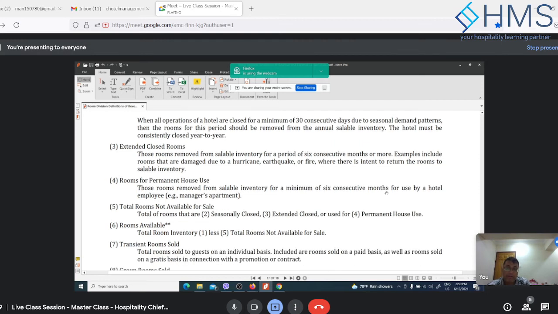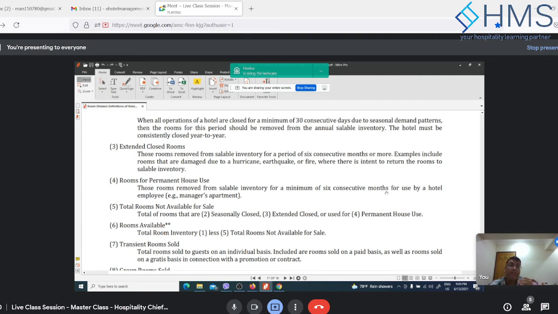Yes. Sorry, I had a question. Now, what is the control document for this process, and what exactly is preventing somebody from manipulating these policies and playing with them? Well, let's say, for example, the GM's bonus is based on the RevPAR, right? So definitely every out of order room he would like to remove, because the less available inventory means higher RevPAR, correct?